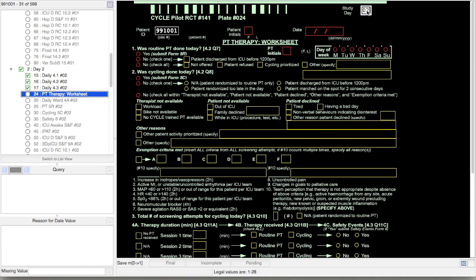Depending on the requirements for each data field, complete it by entering letters, numbers, or selecting a checkbox as indicated. Now, as we can see, I have accidentally started entering PT therapy data on study day 2, which is a Saturday and therefore is not required. If you have entered data inadvertently on the wrong day, the wrong form, or the wrong patient, you can remove